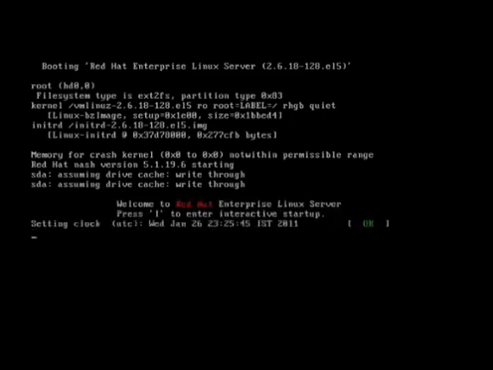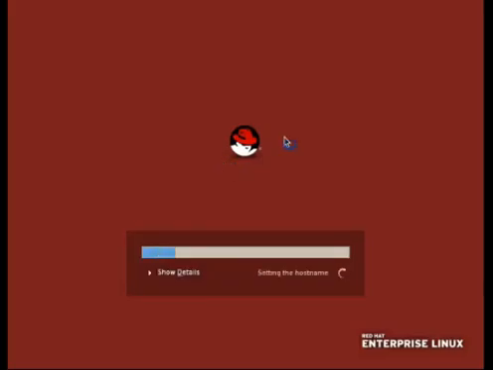Now it is saying welcome to Red Hat Enterprise Linux server, and it will check all these things. Now Linux is installed and it is starting.